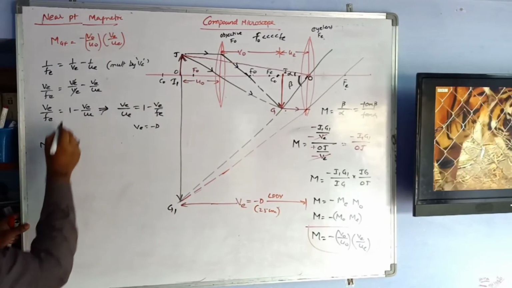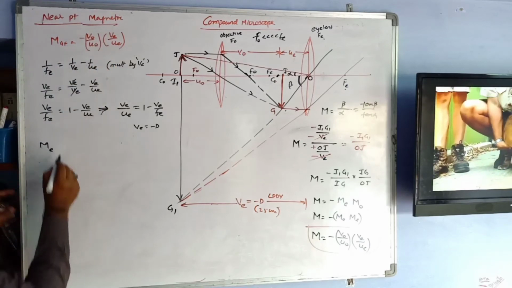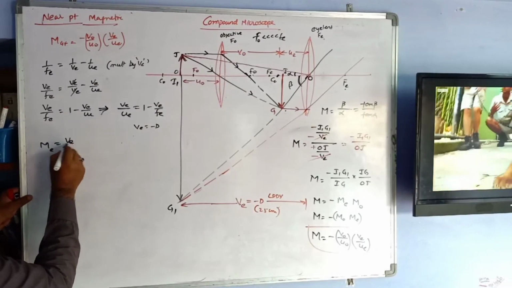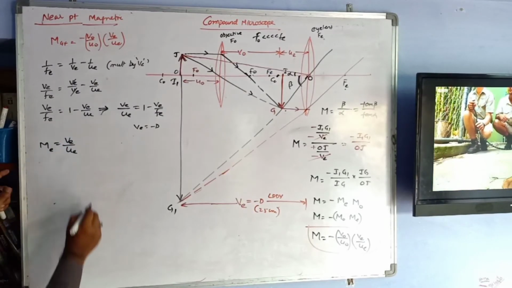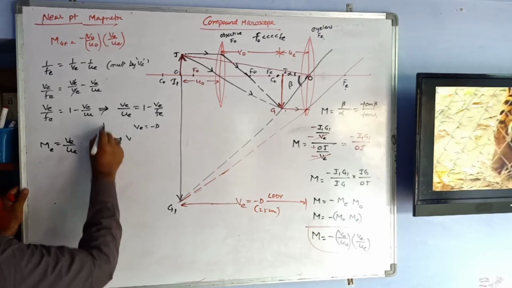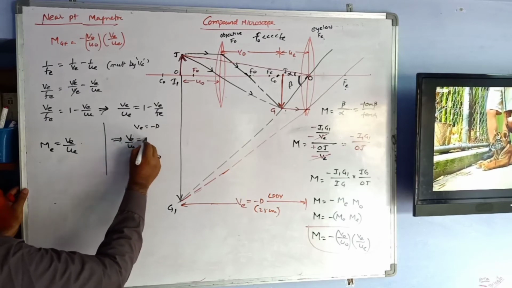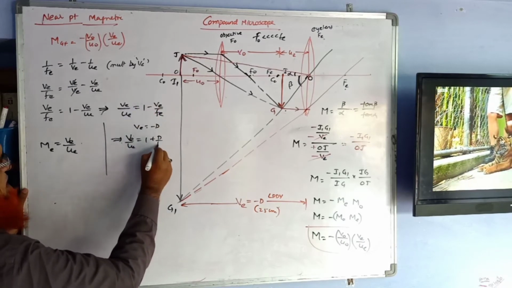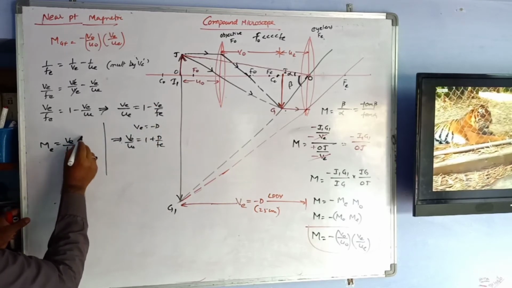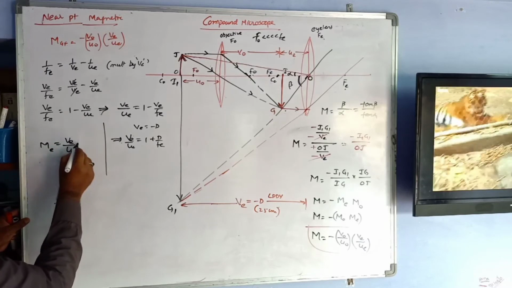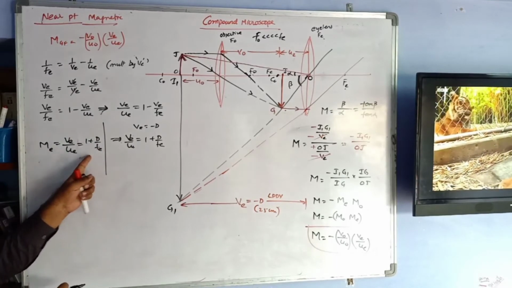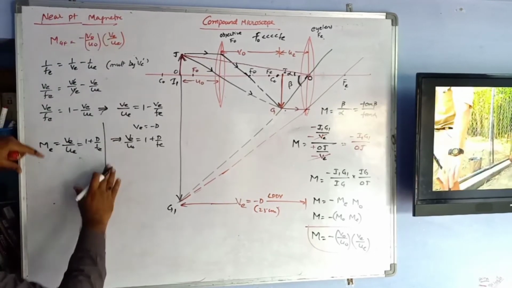So now the magnification for the eye lens. For the magnification of the eye lens, you can write the general formula VE by UE, and I got it already here. This implies that VE by UE is equal to 1 plus D by Fe. So instead of VE by UE, you are going to write 1 plus D by Fe. So we got the magnification of the eye lens for near point. Whatever I am discussing here is near point.